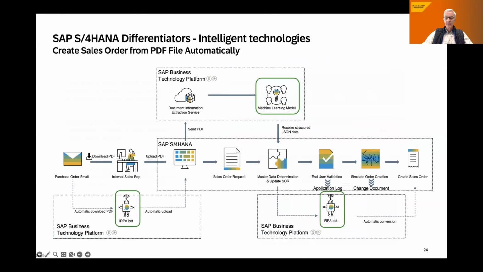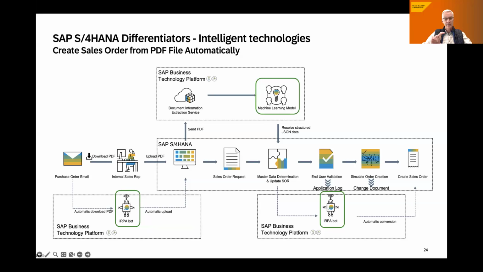Here's one example, and this is already one showing that in many cases you will see a combination of not only AI in a narrower sense, but also automation through SAP Build automation, also known as robotic process automation. The example scenario that we have here is an incoming purchase order email from a customer, meaning this is a sales order for us.